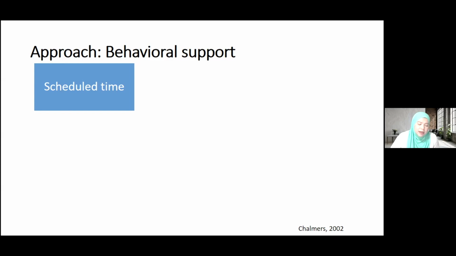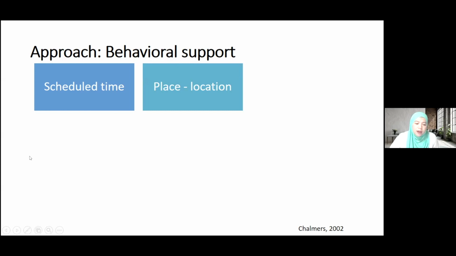Whether rest periods need to be allowed. You can have egg timers or alarms to make sure it's within the scheduled limit. Secondly, you're looking into the place or the location, mostly the room and location, to ensure comfort for both the individual and also for the carer. To ensure enough lighting and accessible positioning for the carer if the individual requires care.